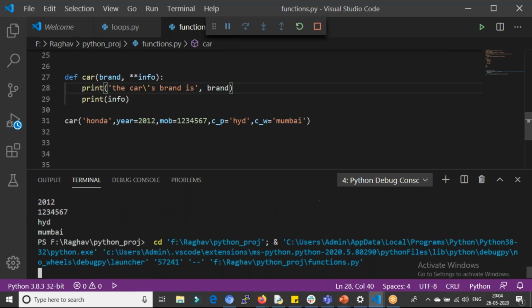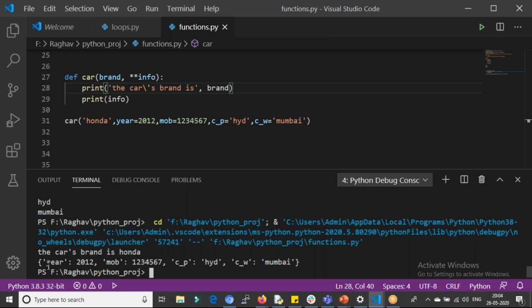So if you can see now, it's in the form of a dictionary, right? How can you notice it's in the form of a dictionary? First thing, it has curly braces, and second thing, it has a key and a value differentiated with a colon in between. So that's how you can get to know it's a dictionary.